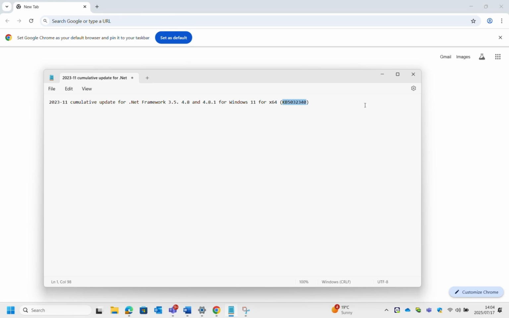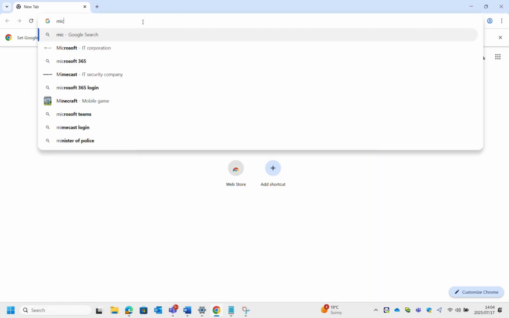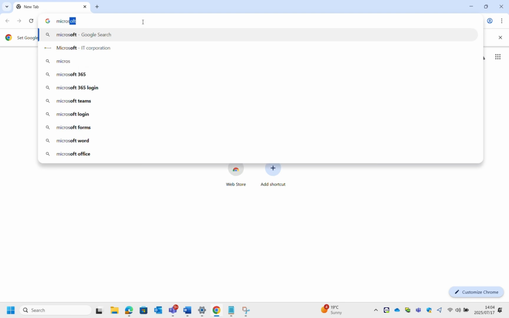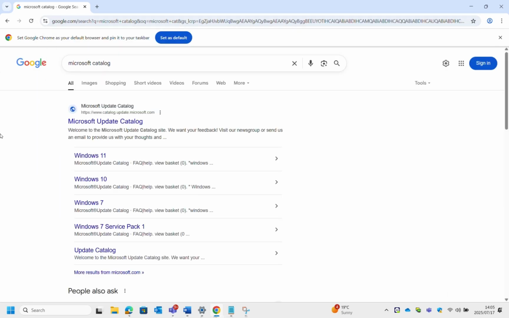After you copy the last code in brackets, you have to open the browser and search for Microsoft Catalog. It's where you will search the update, where you will be able to install it manually. Hit enter, then you go with the first link, Microsoft Update Catalog. You click it,